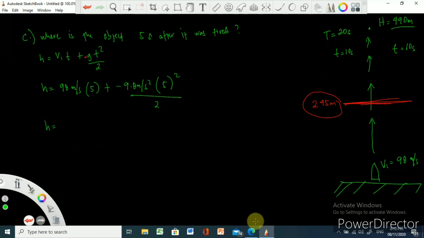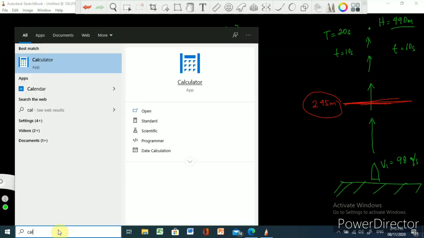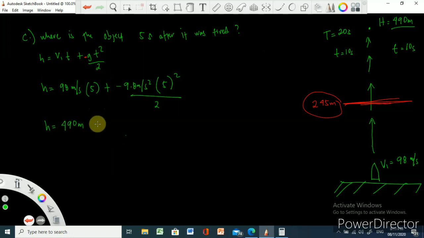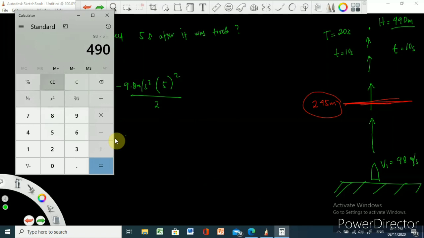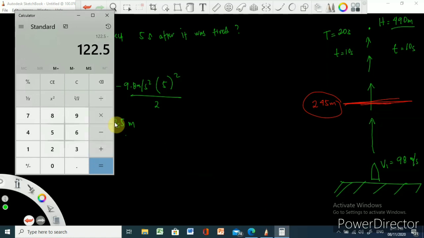So h is 98 times 5, which is 490, minus 9.8 times 25 divided by 2, which is 122.5. So h is equal to 367.5